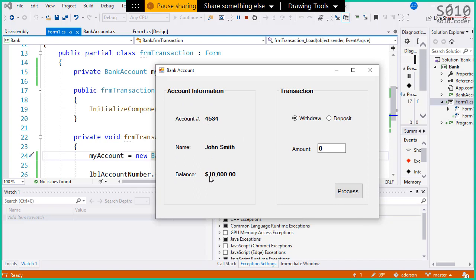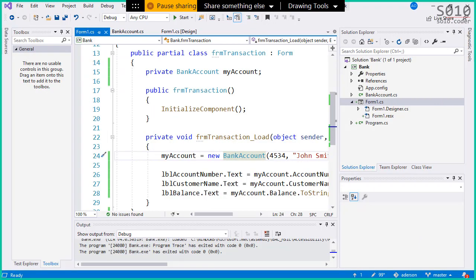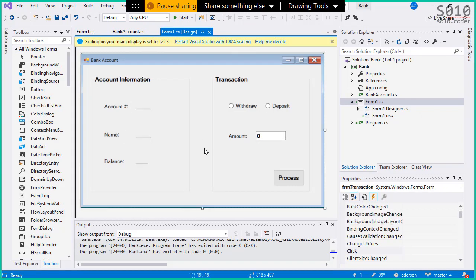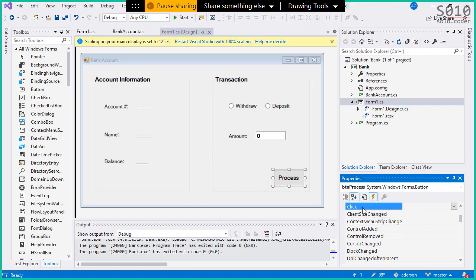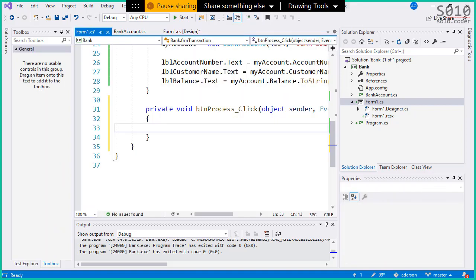Okay, and now we need to put together what happens when I click the process button. Process will withdraw this amount if withdraw is selected, or deposit this amount if the deposit radio button is selected. So we're gonna have to do something very simple here in the click of the button. I have selected the button, I'm gonna go to the events, I'm gonna go to the click, and with this click, I'm going to